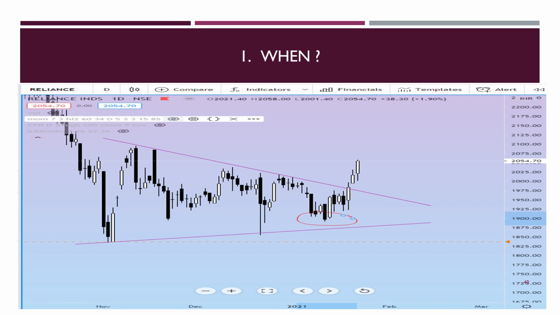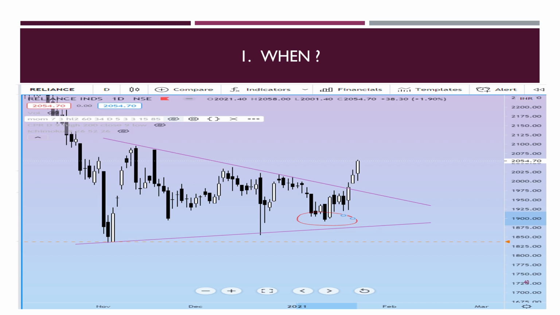First question is when to use this strategy. Stock selection and entry timing will be done by using technicals. I simply use price action techniques. Purpose is to play directional momentum in the stock. We can use it with our pattern strategy, which we have already learned in our momentum trading webinar. We can either enter at a support level or at a breakout level. So basically we will be using it for positional trading and not intraday trading.